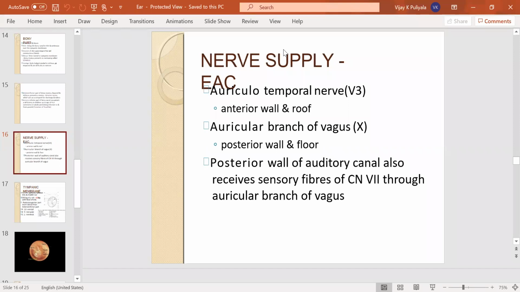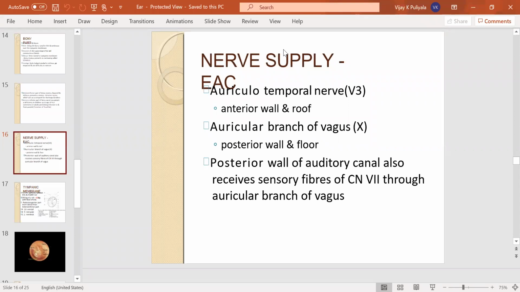To wash out this cerumen, mostly we use syringing of the meatus with lukewarm water. Sometimes, if we suddenly push the warm water into the external acoustic meatus, the patient may start coughing or vomiting reflexly due to the irritation of the auricular branch of the vagus. Due to a similar reason, occasionally heart failure may occur in elderly patients due to the stimulation of the vagus.